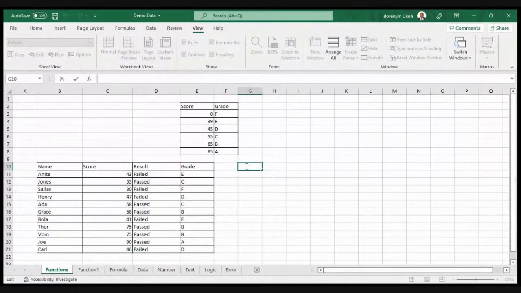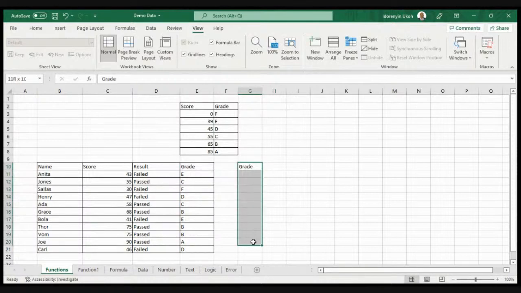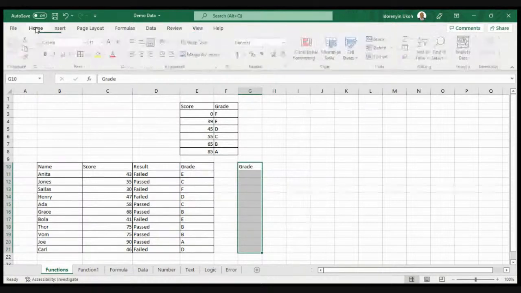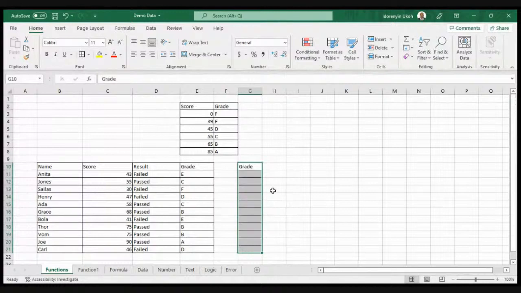I'm going to repeat this so that I have the data ready. Okay, so first of all, we're going to use the if function to work on the results and the grade.